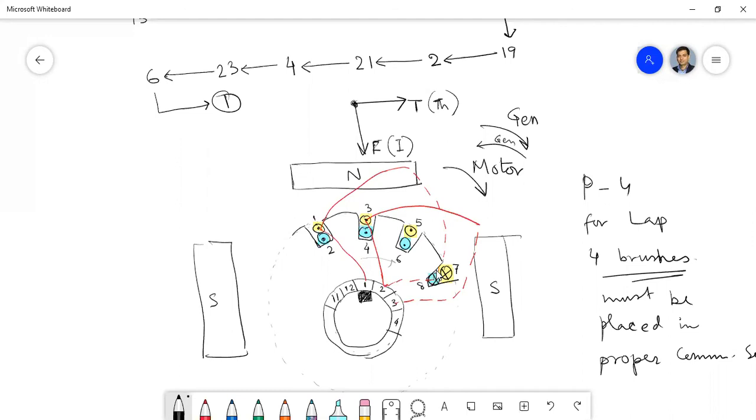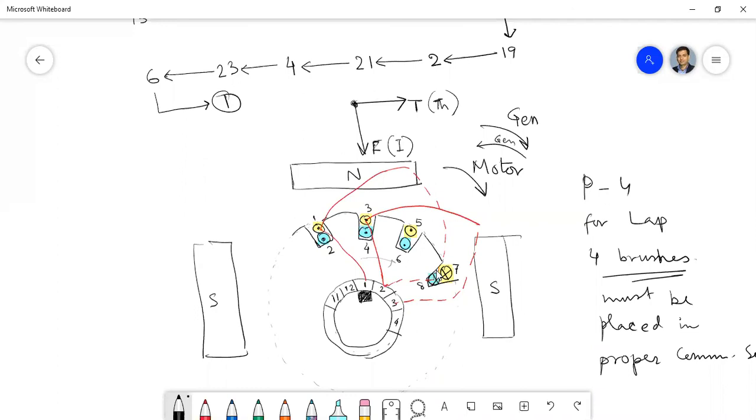This 3 is the number of slots divided by number of poles, slots per pole. That is another important feature. Now, when we go for 3-phase armature winding, then we'll have the slots per pole per phase, since there are 3 phases. Here there is no phase because it's a DC machine. So it is slots per pole. So slots per pole is important. This 3 is always the same.